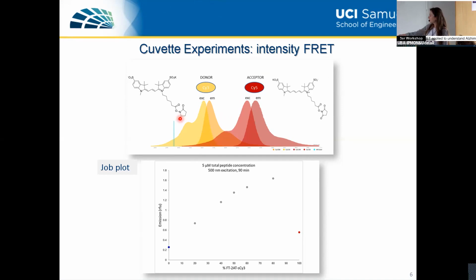And in this case, they excited with 500 nanometers, so they excite Psi3, but it doesn't excite Psi5. And in this cuvette, they were able to see that FRET occurring, and they tested different proportions of these trimers. So then they wanted to move to the cells and see if that was happening in